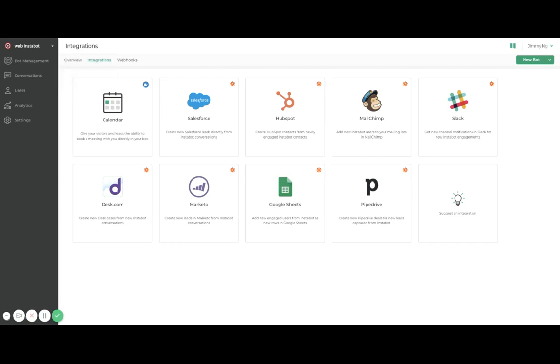On the integrations page, you'll see a list of services that can be integrated directly or through a third-party service called Zapier. These integrations help you achieve more advanced business flows that will simplify your team's workflows. For example, with the calendar integration, you can connect native calendars such as Google and Office 365 so that your visitors can book meetings directly, quickly, and easily with each or any member of your sales team without ever leaving